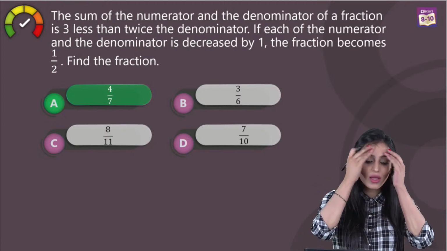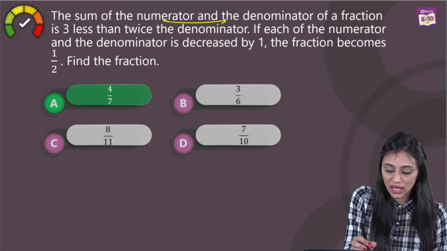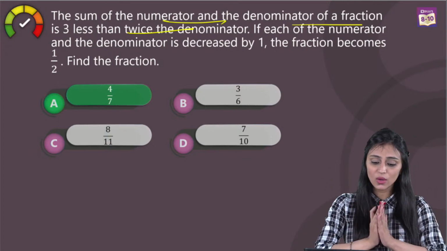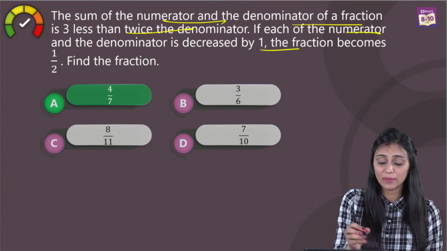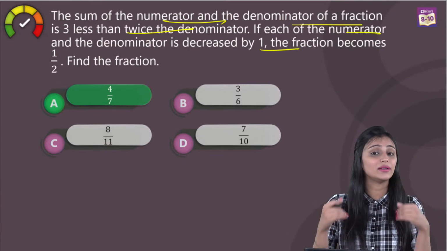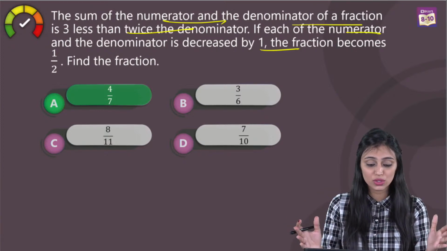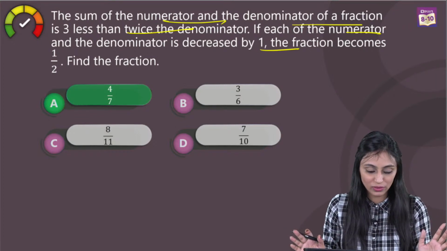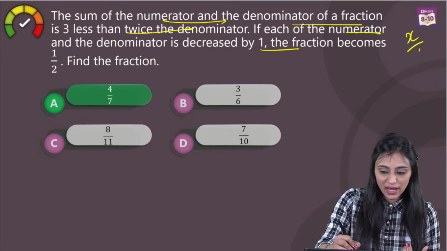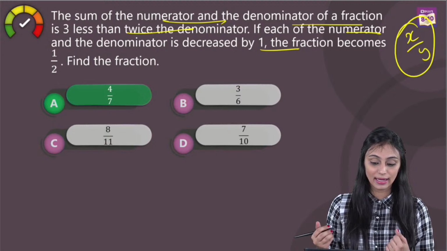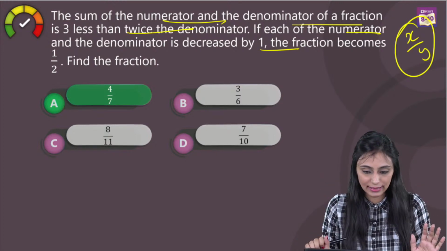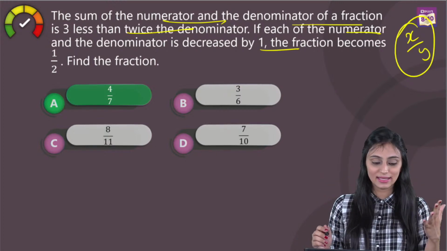See, simply what you need to do is you just form the equations, right? Once you get the equations from both of them, you can apply any method, whether it is elimination or substitution, you would get the same answer from both of them. Once you get it, just put it in the fraction, that is x by y, right? You will get 4 by 7 in that case. Alright, so 4 by 7 is the answer.